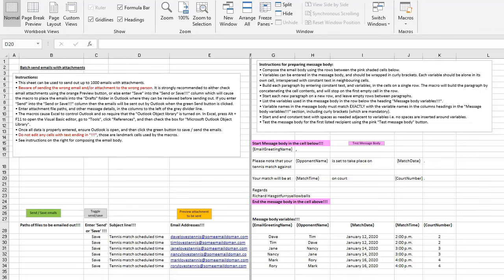Hello and welcome to this video, which will explain a spreadsheet which can be used to bulk send emails with attachments in Microsoft Outlook. The key phrase there is with attachments, because it is easy to send emails in Outlook using the mail merge feature in Microsoft Word. The problem is that doesn't allow you to send out emails with attachments, and so that's the gap that this